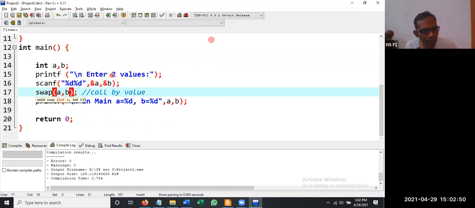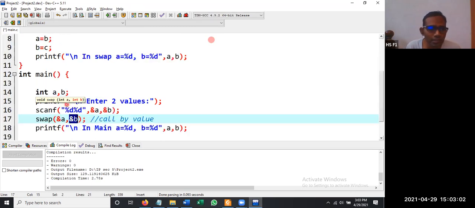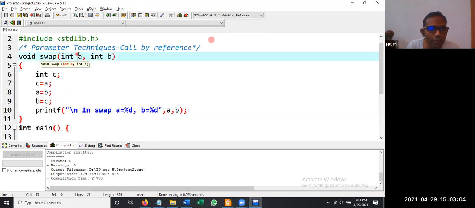Instead of value, we are going to pass the addresses, &a, &b. Because we are passing addresses, they are references. So here it must be a pointer variable, int *a, int *b, or you can write p and q if you have a doubt. So we are making a p and a q.